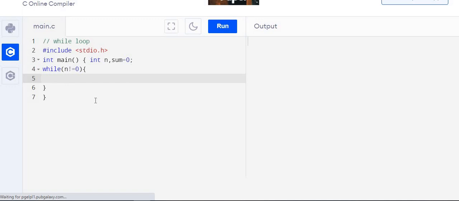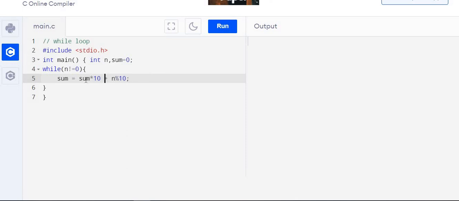In the loop, what we have to do is, new sum is equal to previous sum multiplied by 10 plus remainder. How to get the remainder? Remainder is n percent 10. This is remainder. So in this way the sum will be modified. So whatever is the original number, that will be percent 10. So its remainder will be there. This will be added to sum.